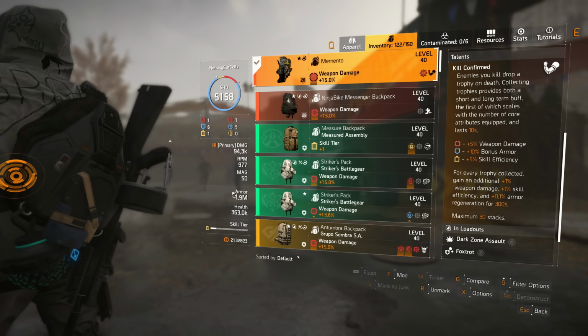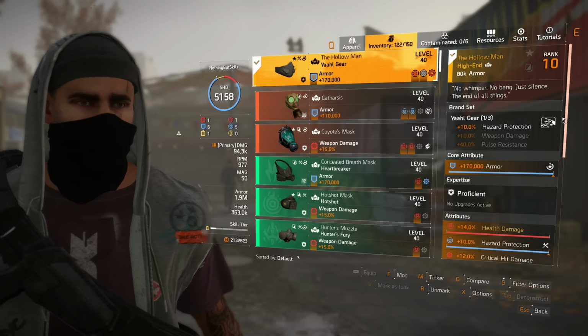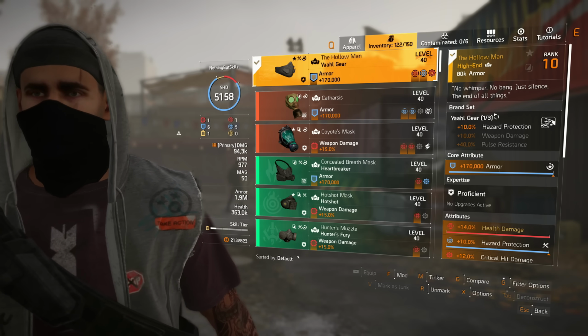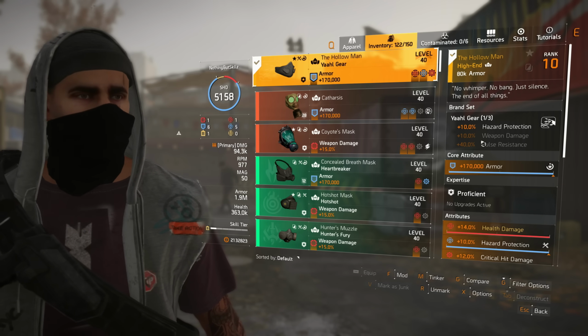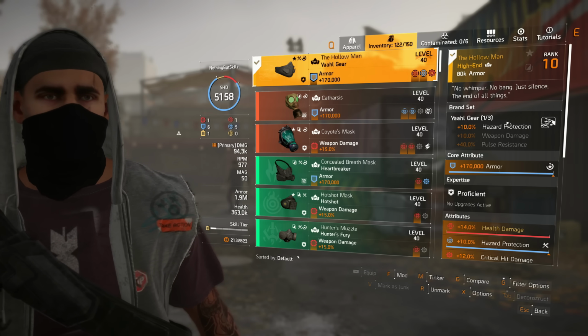We're going to be healing a lot, sitting at 1.9 million armor. Yes, we are a tank with this build. For the mask, we went with the Hollow Man mask. This is going to give us 10% hazard protection. It is the only piece in The Division 2 that has 10% hazard protection as a one piece,